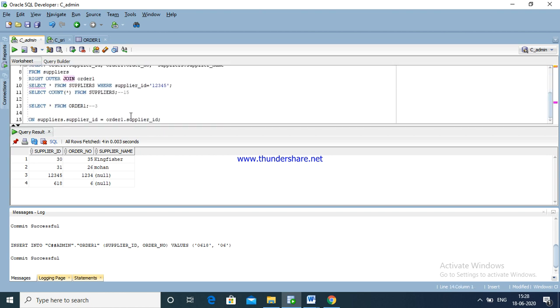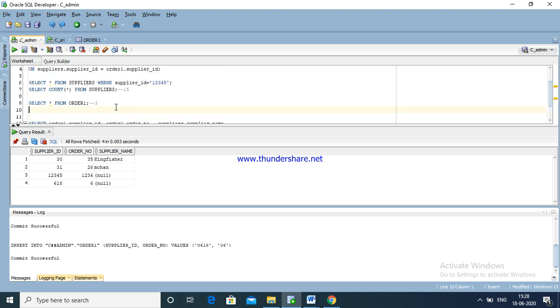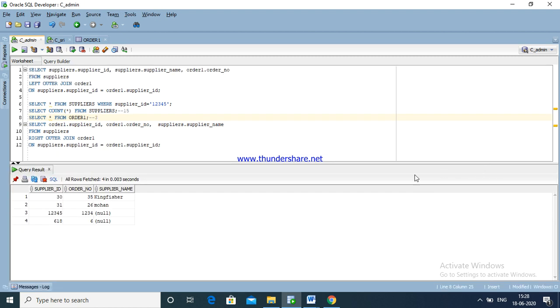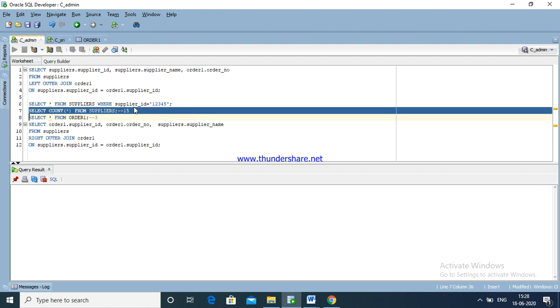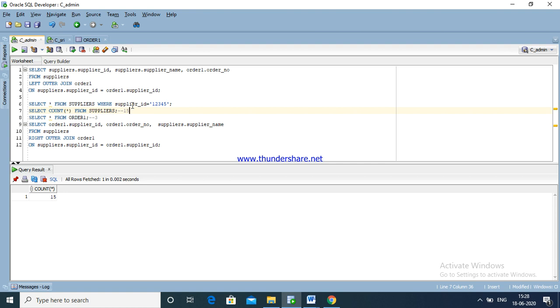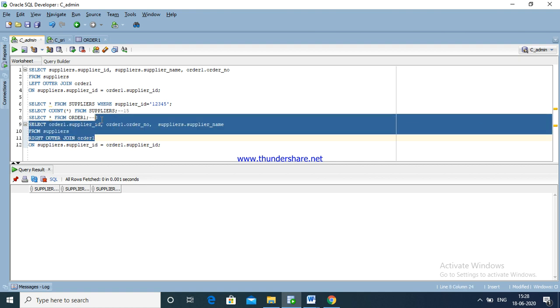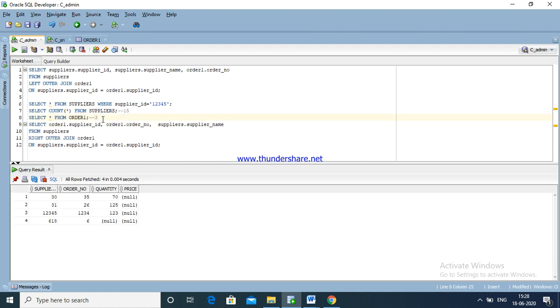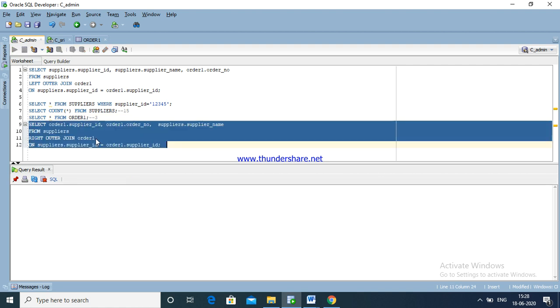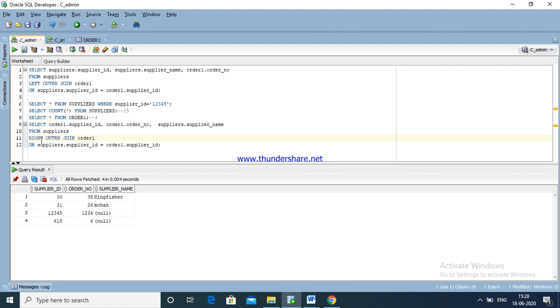It has 15 rows. From the right table, order, how many records? We have 4 records, so we are getting only 4 records. In a right join, the right side table is the second table.